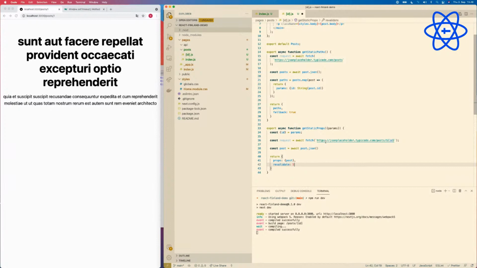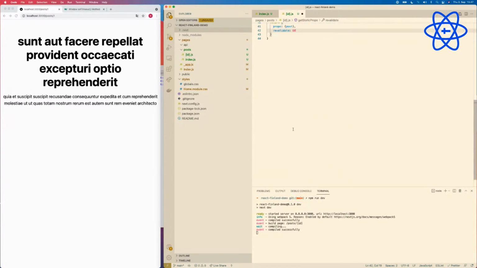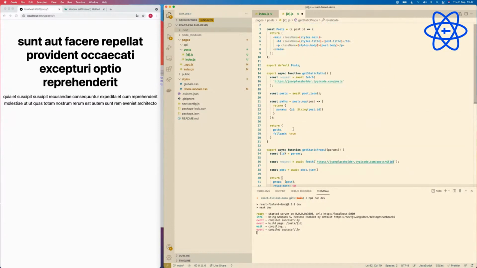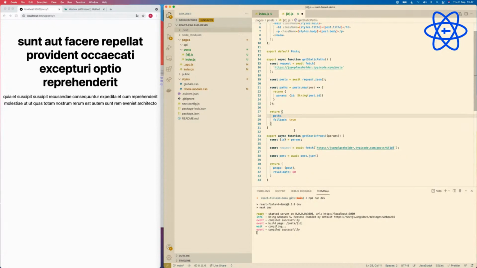Actually, after a certain amount of time, we want this page to be deprecated, and then a new page should be created on the fly. Okay. So here, okay, one more thing. Yeah, that wasn't going to work. Let's see, everything looks nice. All right.